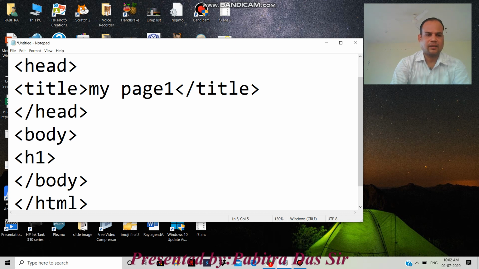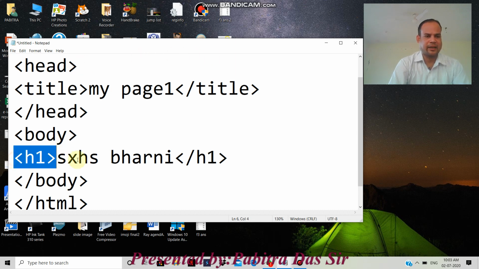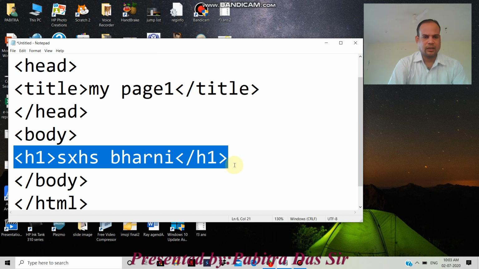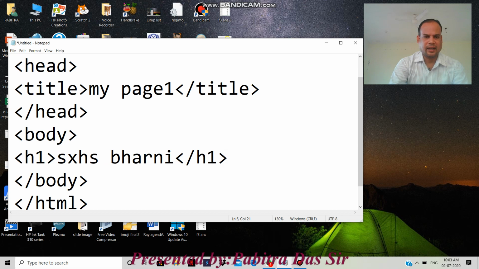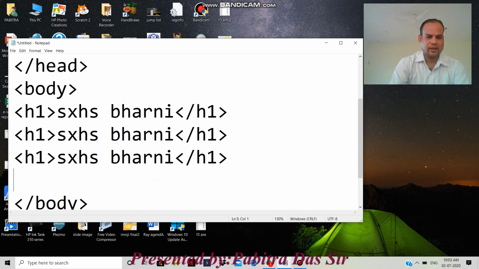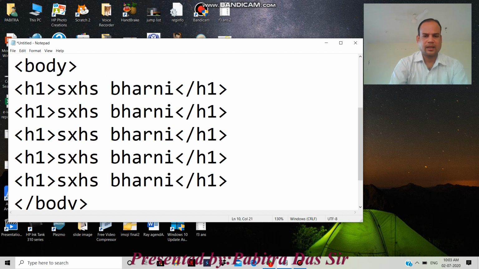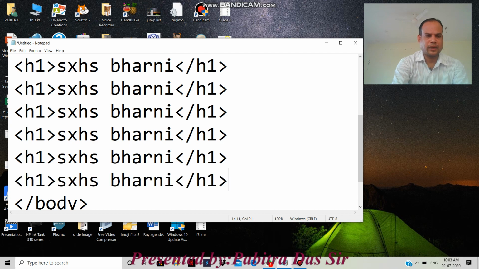Write H1, close H1. Here type the text, and I am copying this step. Just select it, Ctrl C to copy, then enter, Ctrl V, several times. Got it?